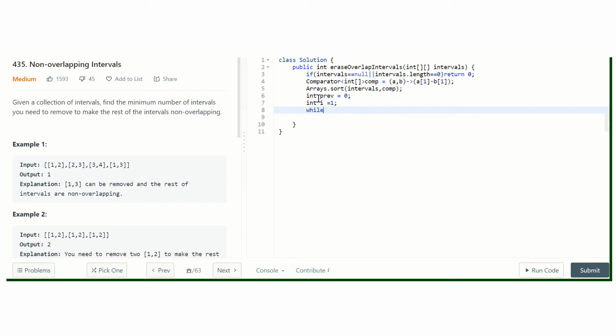What we'll do is iterate over the intervals array. Let's take a variable answer and count, let's say it is 0. Here we check if it is intersecting with the previously encountered interval.